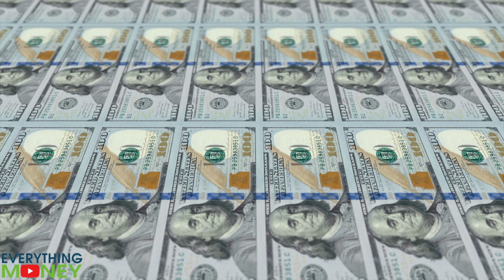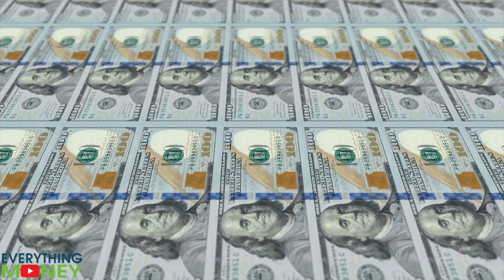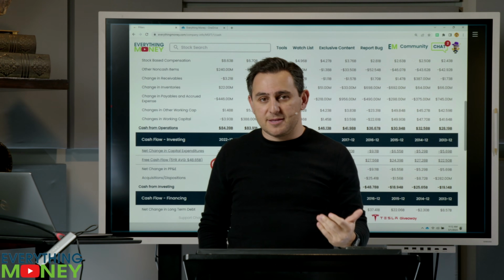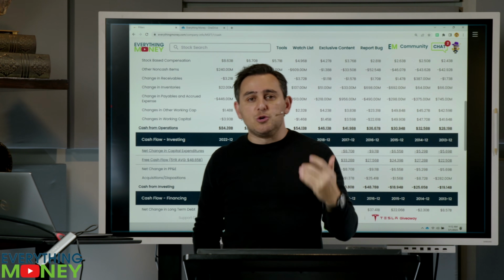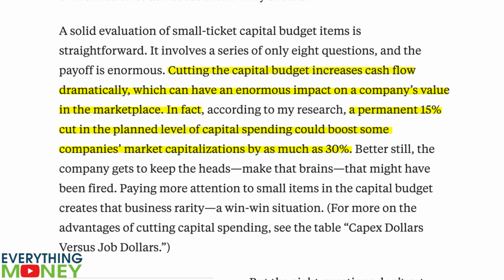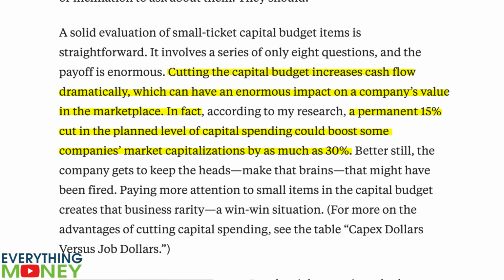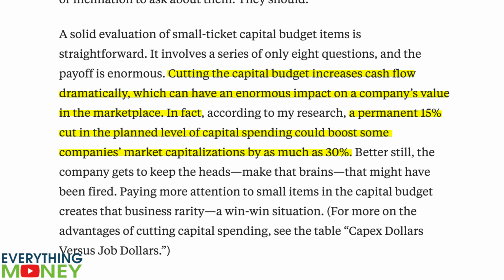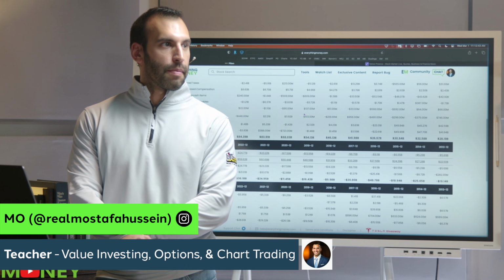They can actually just stack it in their bank account too. Yeah. Do whatever they want to do with it. But that's the lifeblood of the business. And what you want to do is you want to find companies that are able to generate good free cash flow and not have such a big percentage of their cash from operations be capital expenditures. And it's hard to go broke when you have a lot of cash. It is very, very difficult.